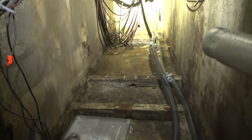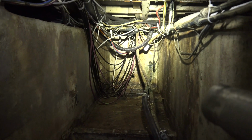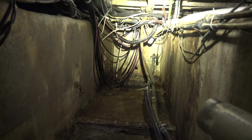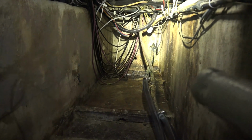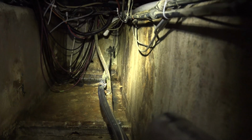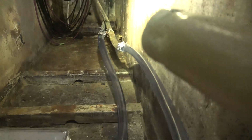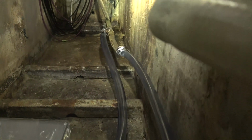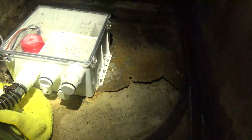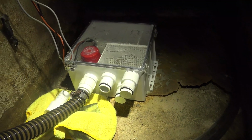All right, continuing our project, we have now kind of tied up some of the wires down there. The ones that you see hanging down are more cables. What are those? They're the black ones? They're the shift and throttle cables. Yeah. I cut off this copper pipe here down there and added an extra hose to that. And we added a coupler to this sump pump and added some hose to that. Now we're going to spend some time on this pump here. I need to cut these ends off of this,